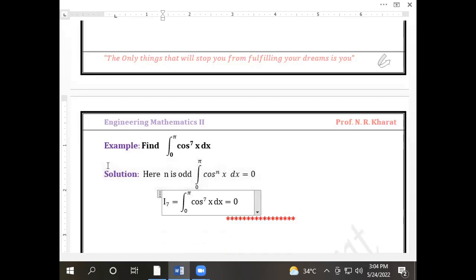In this way, we can find the value of all the integrations whose limit ranges from 0 to pi. So in the next lecture, we will see the next reduction formulae of